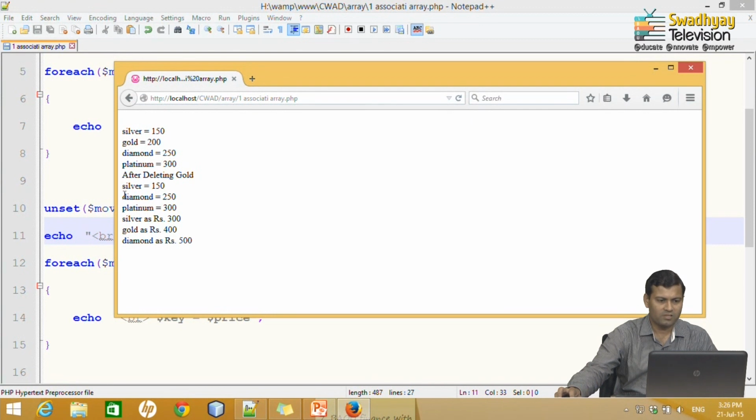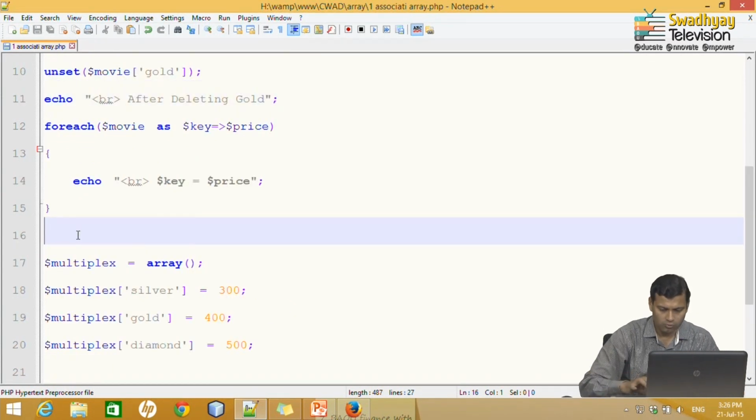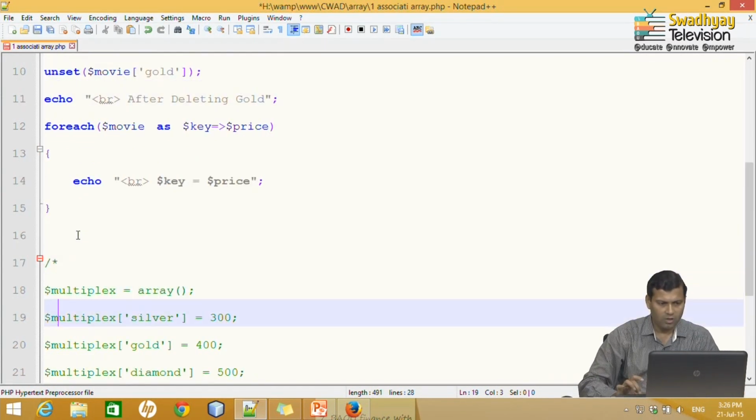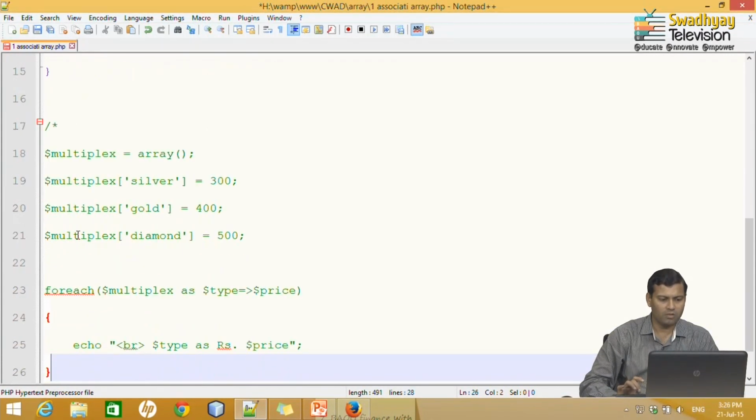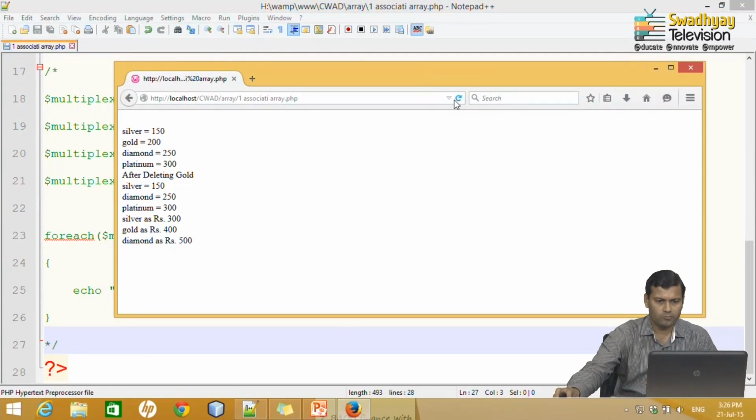Now it will display silver, diamond and platinum only. The previous 3 lines I just put in comments, which I wrote to demonstrate how you can create an array using multiple lines. Let me put them in comments so you are not confused with the code. Now you can see first it displays silver, gold, diamond and platinum, but as I delete gold, it will display only silver, diamond and platinum.